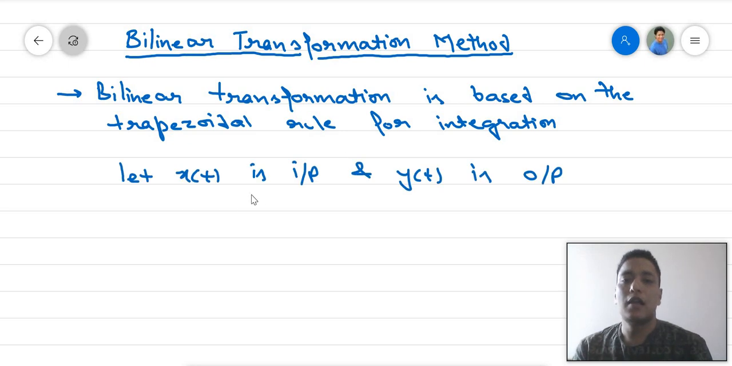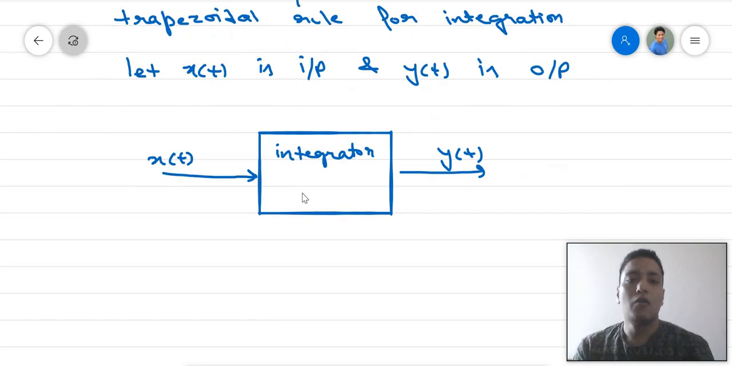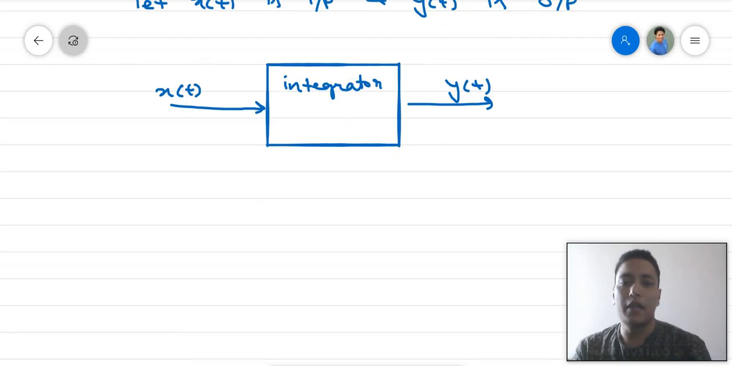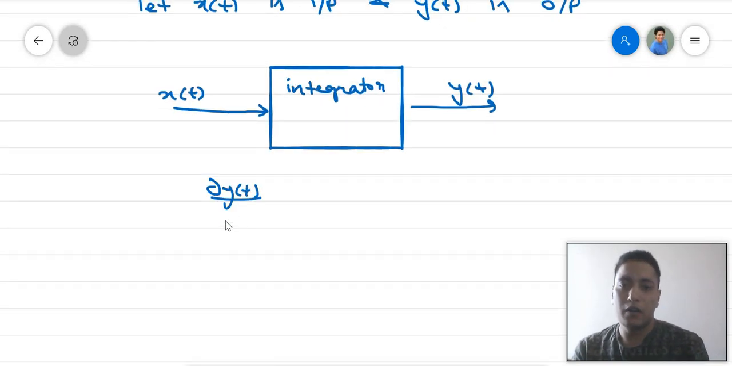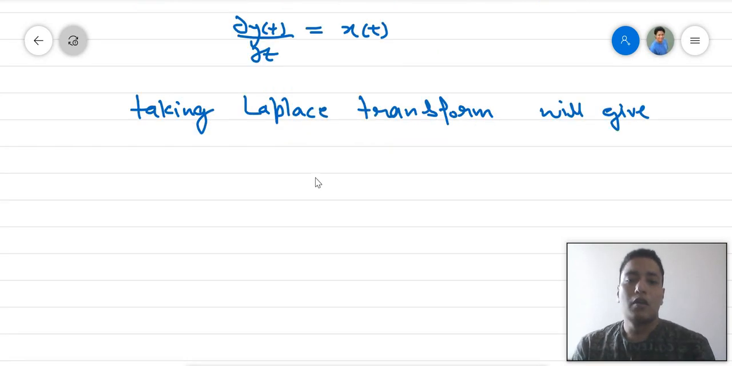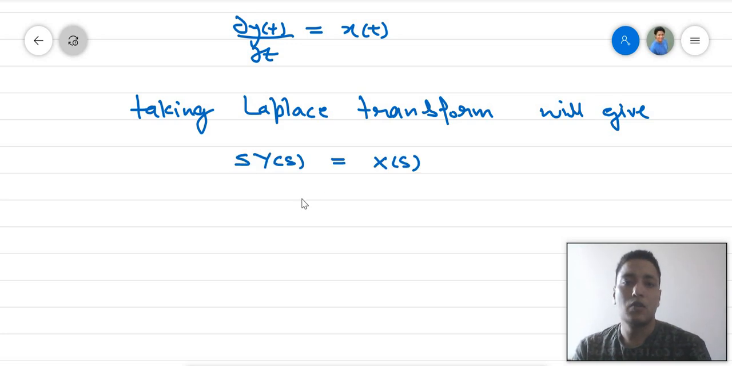Taking the case, let x(t) be the input and y(t) the output. Then we can design an integrator system with x(t) as input and y(t) as output. Then we can write dy(t)/dt will be equal to x(t). Now taking the Laplace transform gives Y(s) equals X(s), then H(s) can be written as Y(s) over X(s)